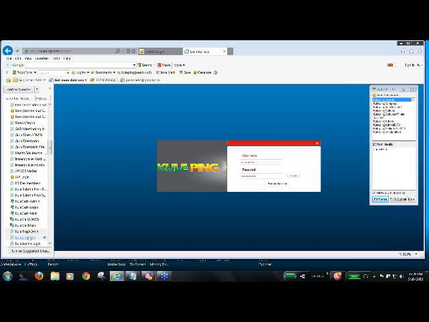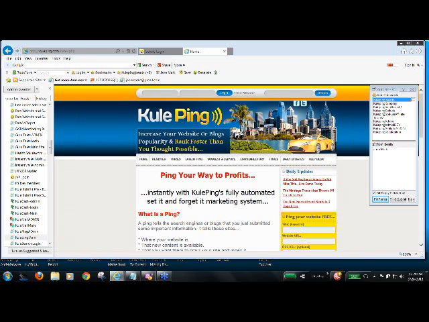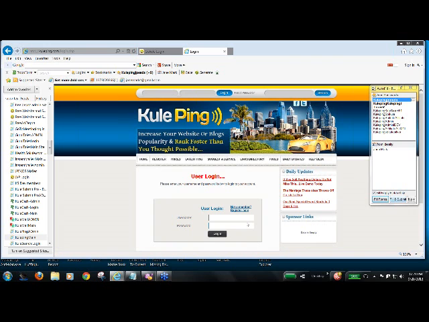Oh, I don't want to go there. I want to go to the main site and log in. Cool Ping is simply a set it and forget it technology. All you do is log in, you put your capture page in, and every single affiliate link or capture page that you have should be going into Cool Ping. We ping the weblogs for you every 3 days. I'm going to log in. And once you put this in, which is 2 seconds, as you're going to see,